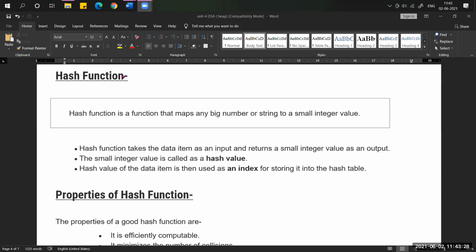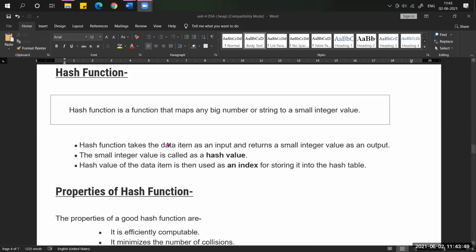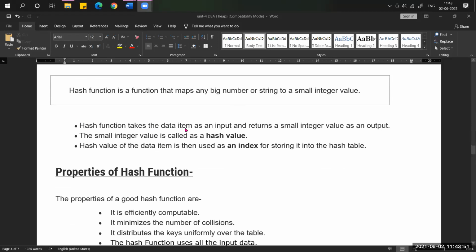What is meant by a hash function? It maps any big number, meaning a large number, into a smaller integer value. For converting this large number into a small number of digits, we are going to use the hash function. What will the hash function do? It will take the data item.